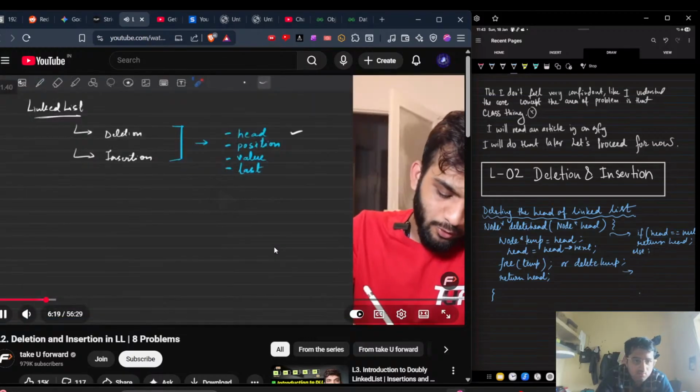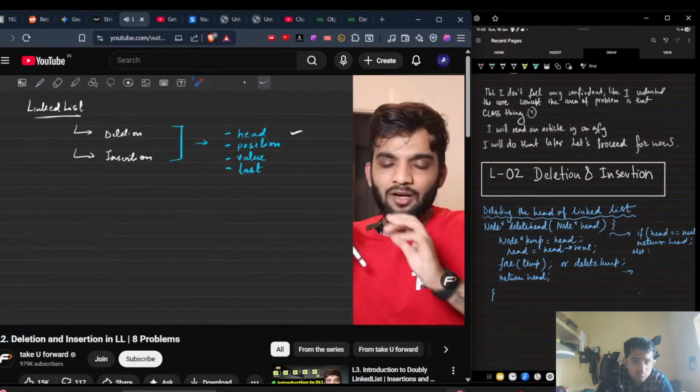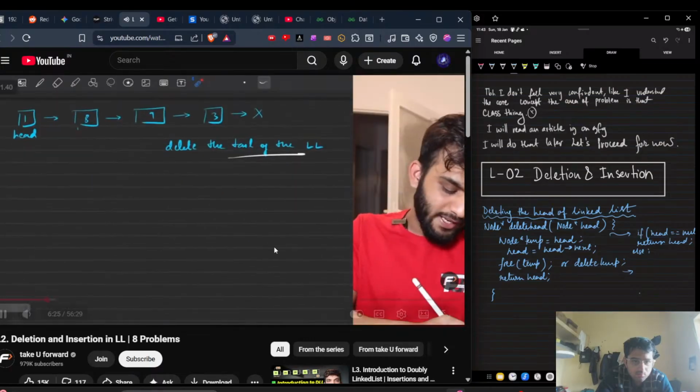The head, and let's try to do the tail of the linked list. Delete the tail of the linked list. So if I go back to the linked list, the head